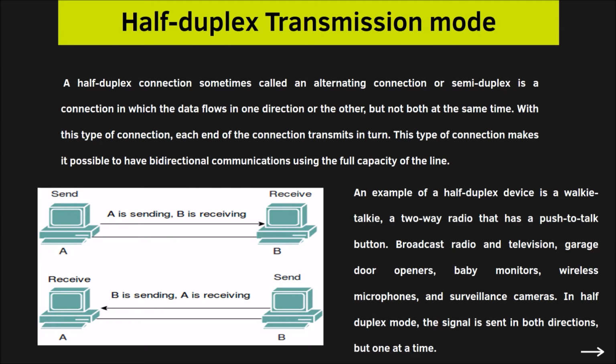What is half duplex transmission mode? Half duplex is sometimes called alternating connection, or it is also called semi duplex. It is a connection in which the data flows in one direction or the other, but not both at the same